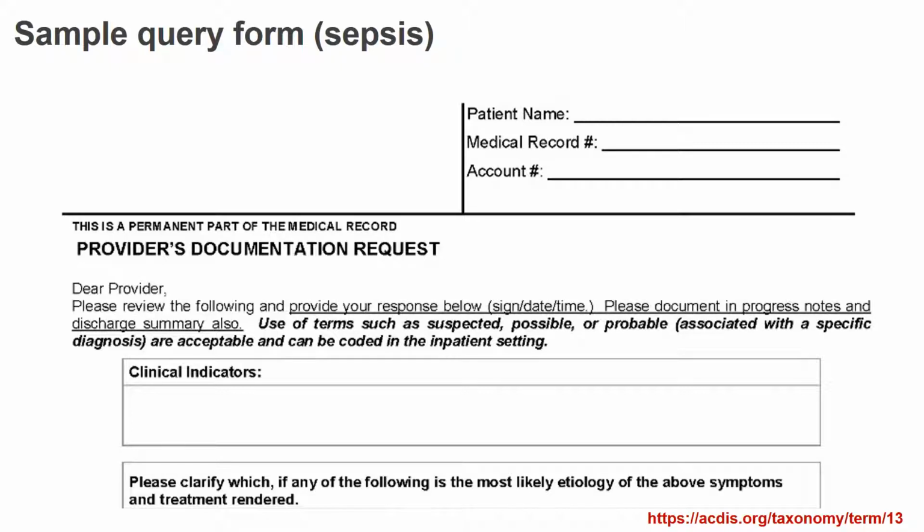Here's the top part of a sample query form. Again, basic information: patient name, medical record, account number. The clinical indicators spot is what I wanted to highlight here because that is a must. You do not have to copy and paste the whole medical record, but you do have to use the information that you read that caused confusion to you, and put that here so that the physician doesn't have to go back in and search through 6 pages of documentation when you can simply put 3 small sentences there that can help them